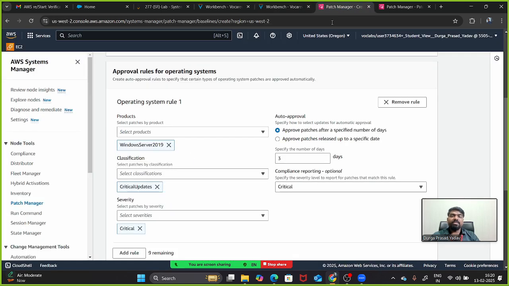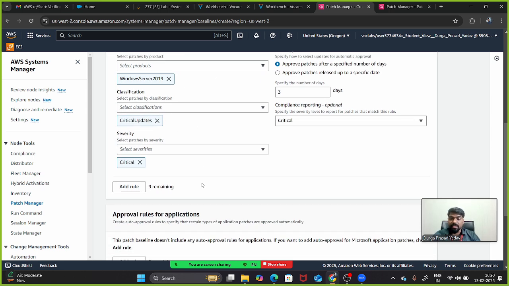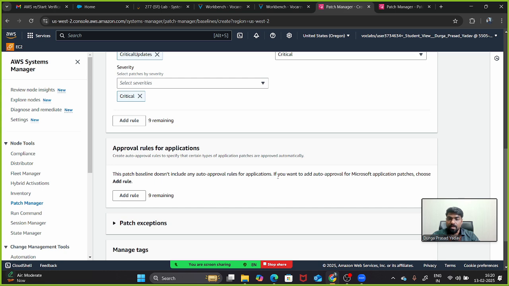So if anything in your security related updates is critical, then it will apply the critical related patches, or we will be able to scan and find out those systems where these patches are applied, or where we can apply these patches, and we can come to know this is having some critical issues, right? Yes, sir.